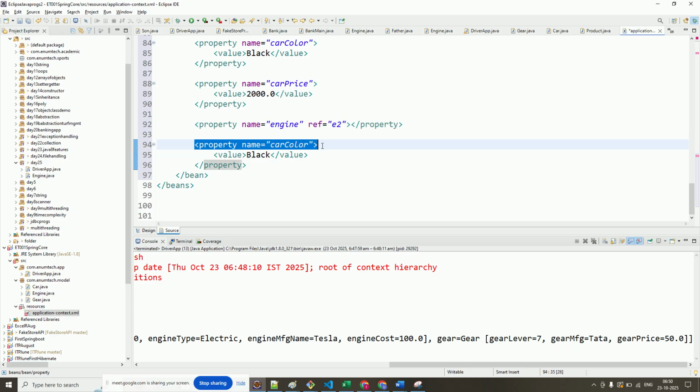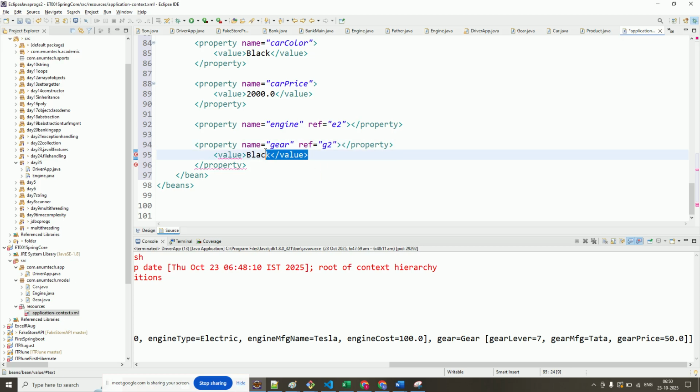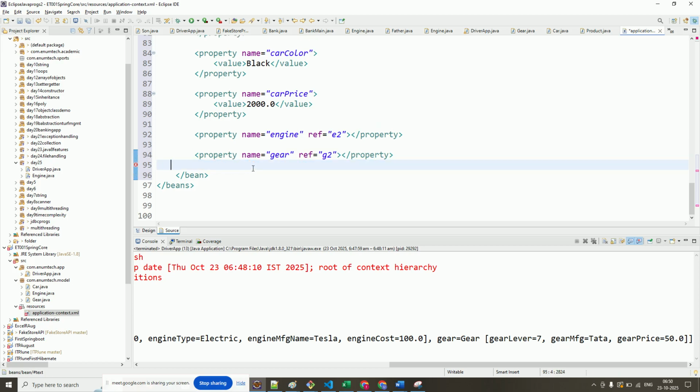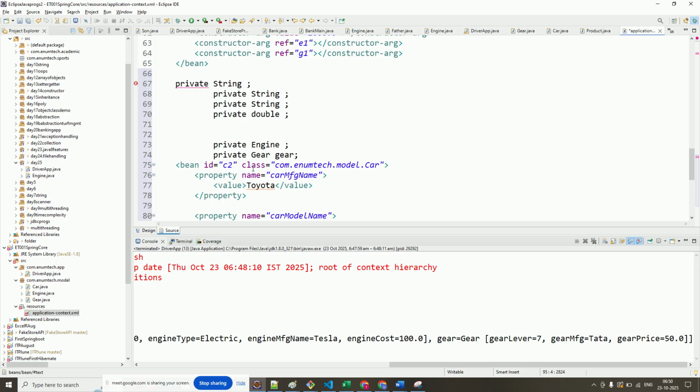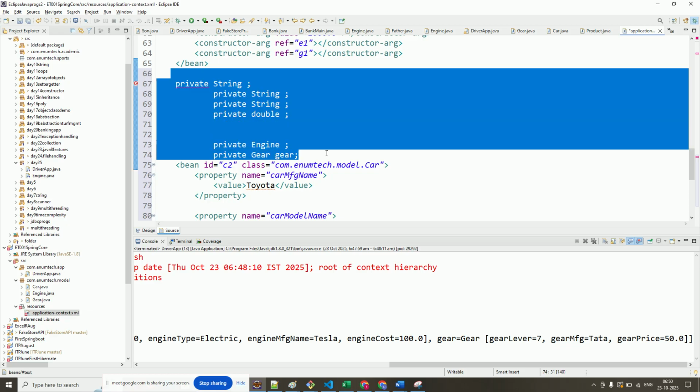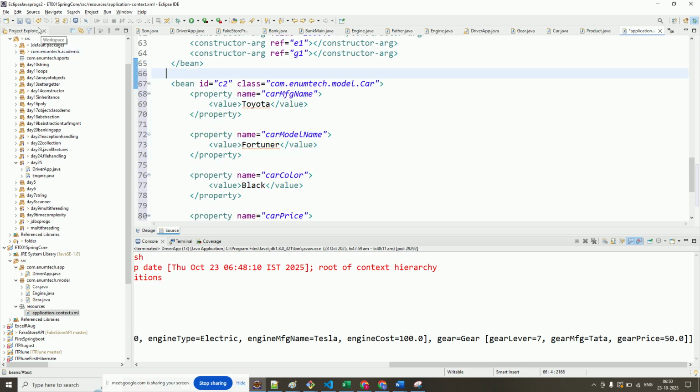And the last one is here and let's use G. No value required, no property required. And this extra stuff we will also remove. Okay,